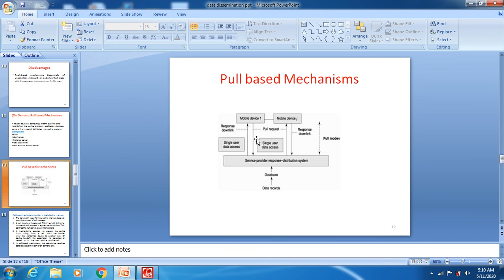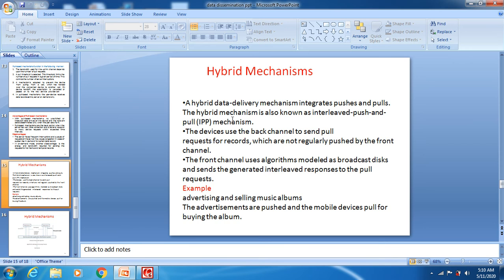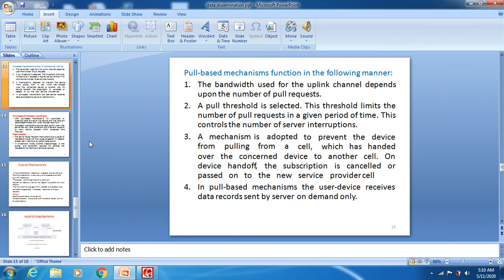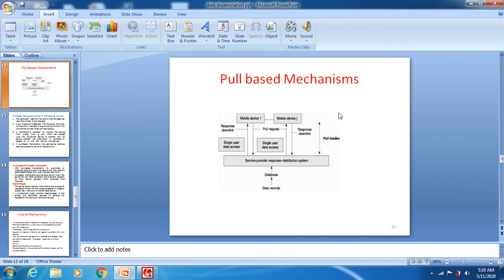So this is what happens in pull based mechanisms. This is the diagram of a pull based mechanism. In this pull based mechanism we have a client as well as a server, both.